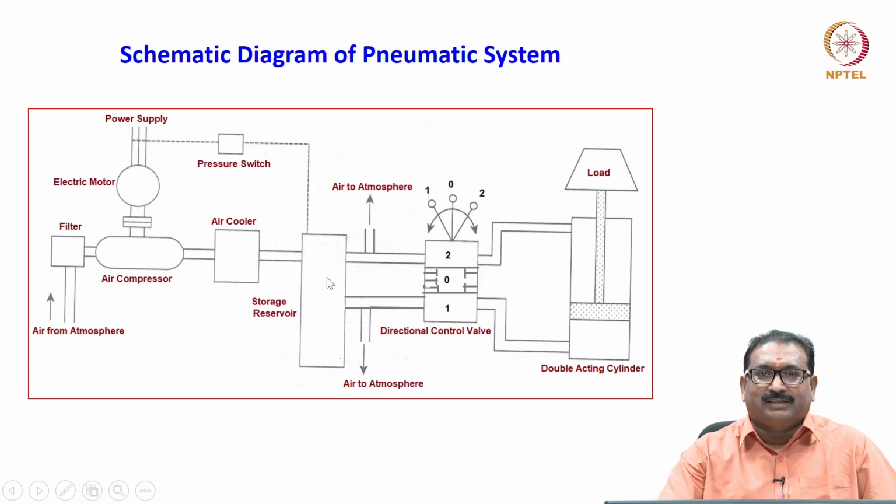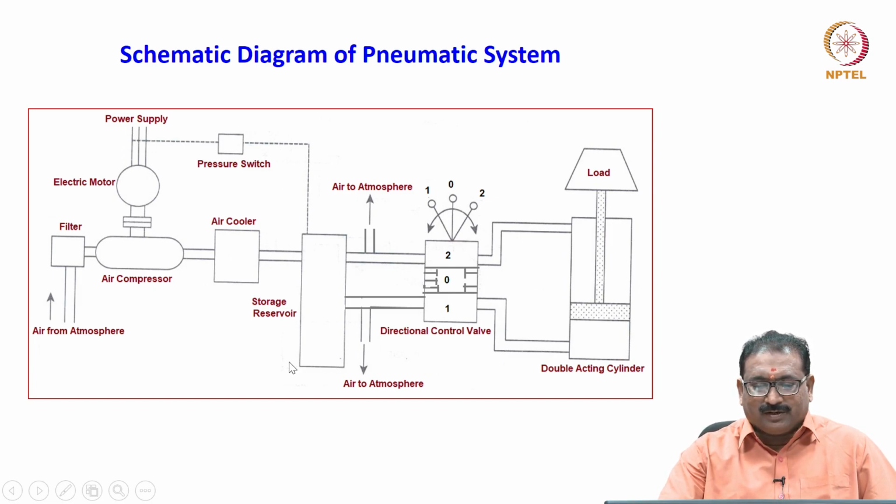It is very simple. The schematic shows that the compressor sucks the air from the atmosphere and compresses it to the required pressure in the air compressor. When air is compressed, the temperature of the air increases, which leads to moisture content, and the exit of the air compressor is very hot. So you have to cool the air to the required level using the air coolers, then store it in the receiver tank. Please understand this pneumatic circuit.